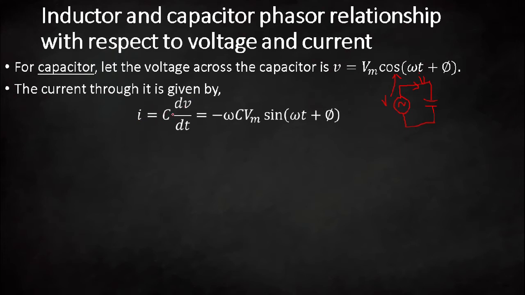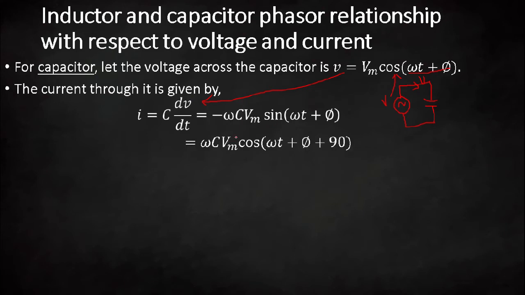Now if you just remove the proportionality constant, C will be there. So now put the value of V into this equation and differentiate. Vm is constant, C is right here only. The differentiation of cos(omega t plus phi) will be minus sin(omega t plus phi), and the differentiation of omega t plus phi will be omega. So you will have this equation.